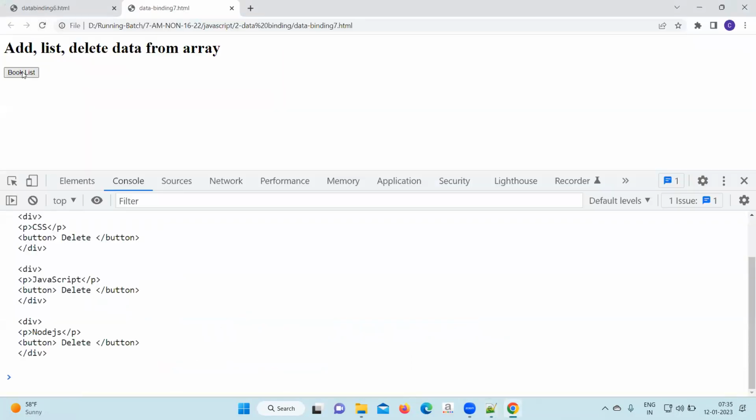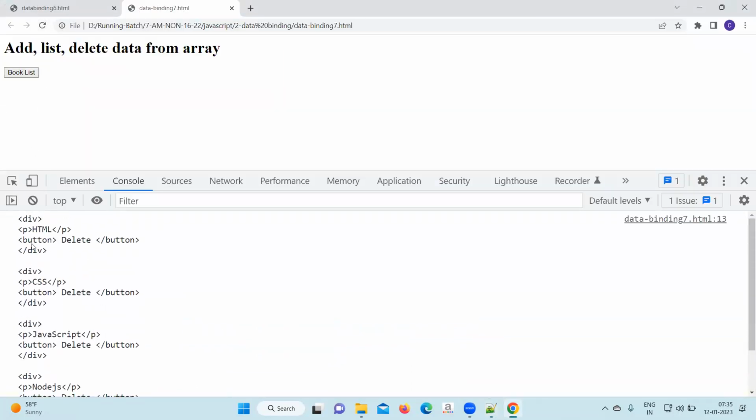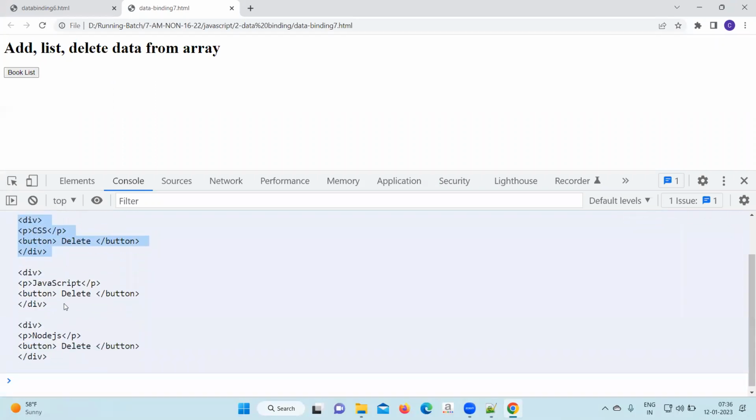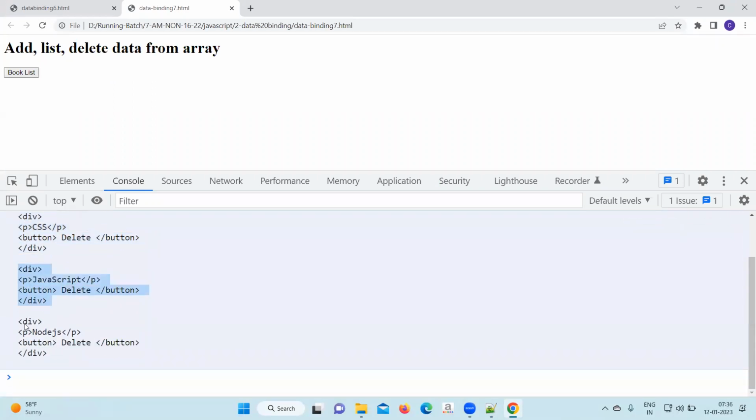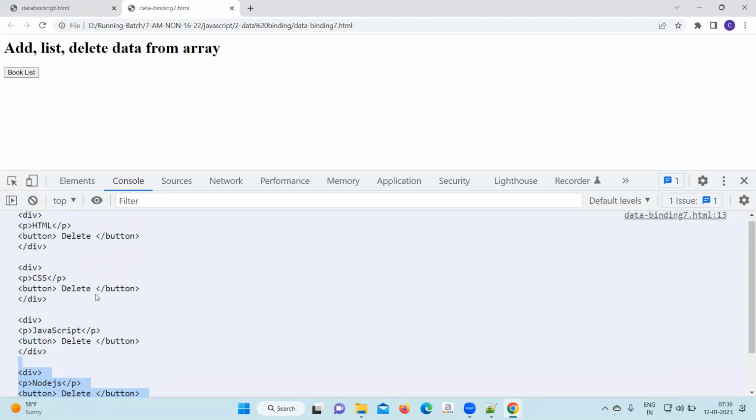Click on the button, see in the console. Four elements got generated. Four elements were inside your array. So now four divisions are getting generated, and each division has the name of the element as well as a button. The name of the element is inside the p tag and the button is